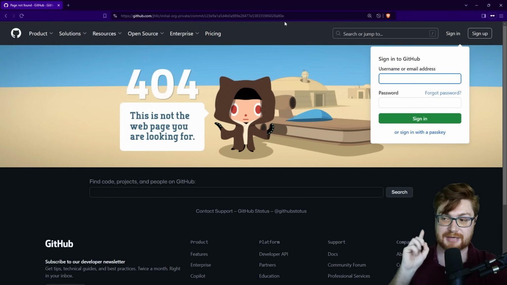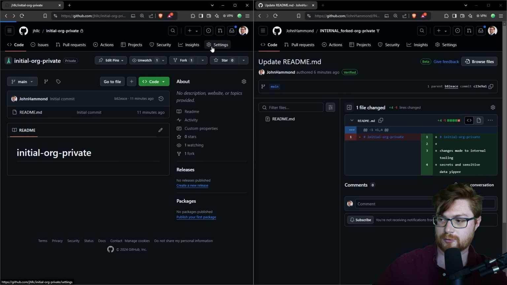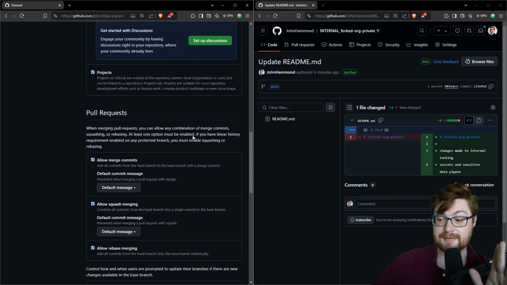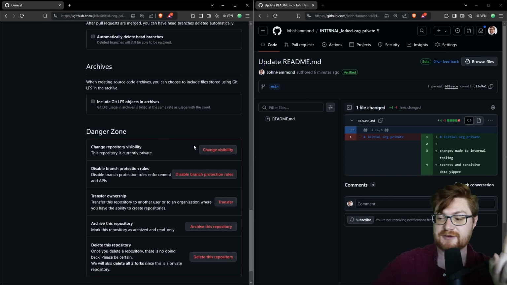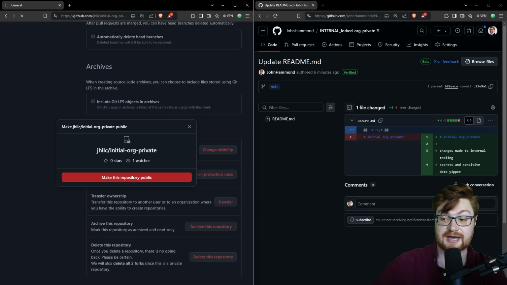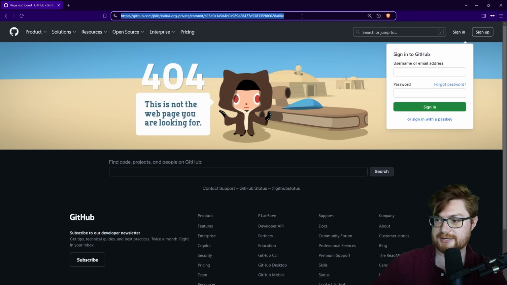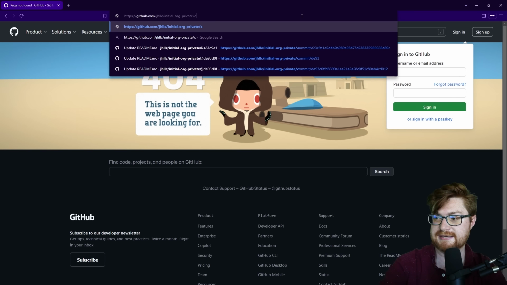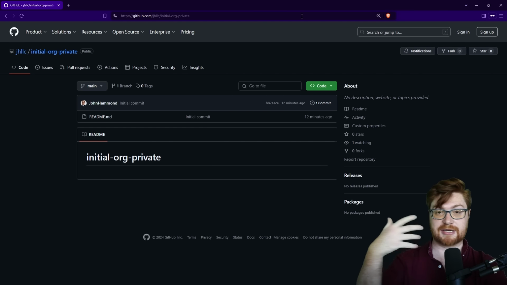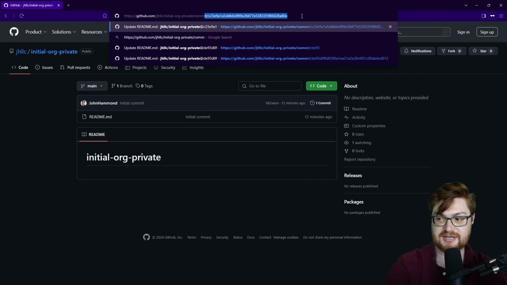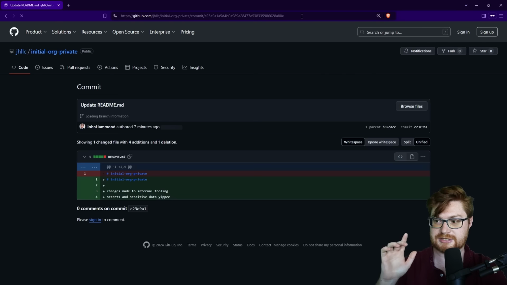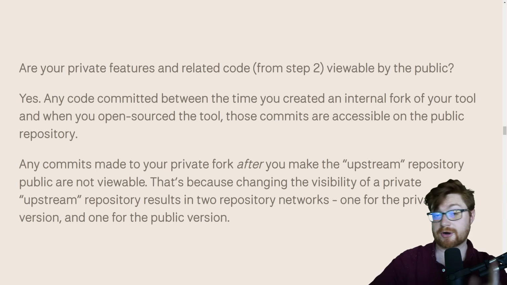But once we make it public, back over on the left-hand side for our initial upstream private repository where we did not put the new commit, that is in our internal only fork, if I were to change this repository to public, then we'll be able to go see that in our private window. Toggling back over here where I could grab the commit ID if I'd like. Of course, accessing just the repo on its own, you don't see the update readme commit, but it is accessible even though it's in an entirely different private internal only fork. It's there. So the article continues here.